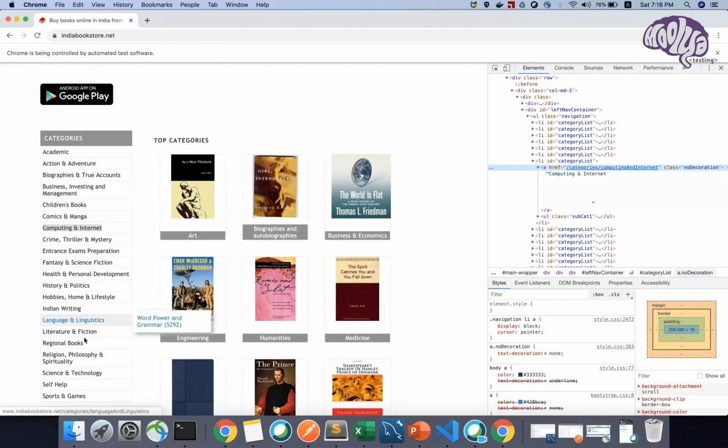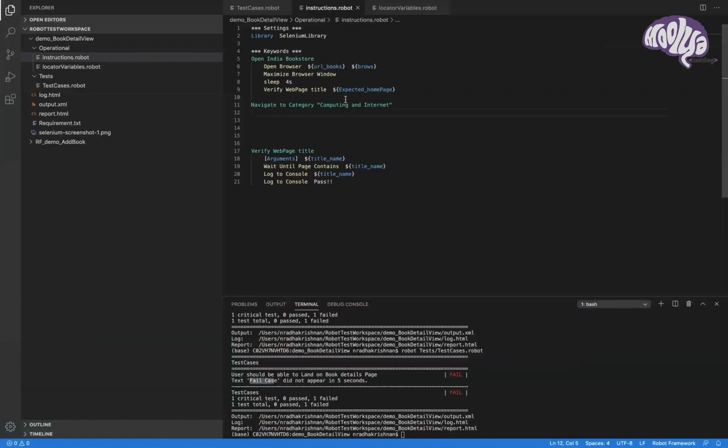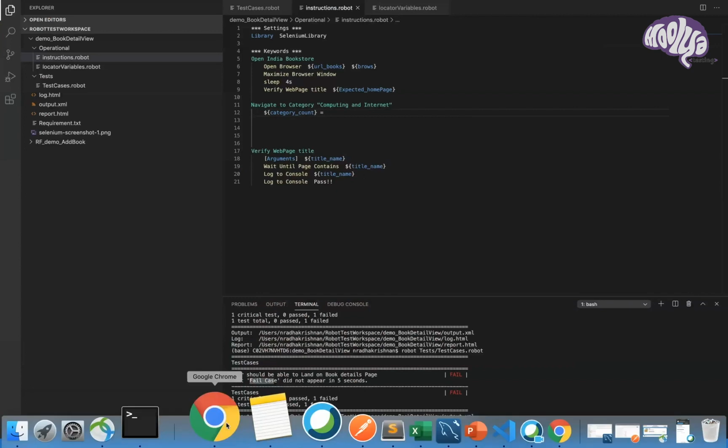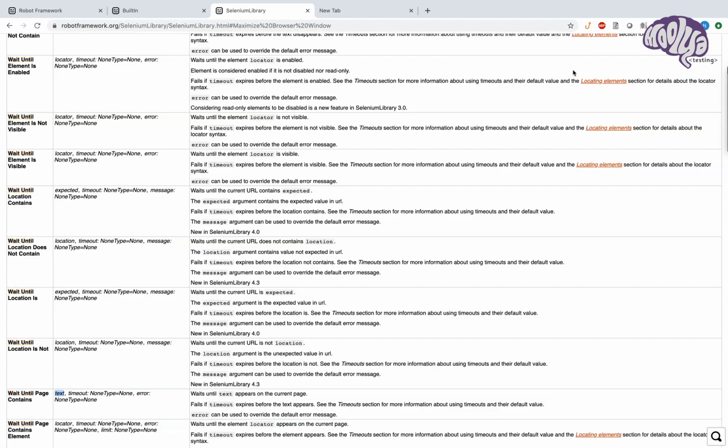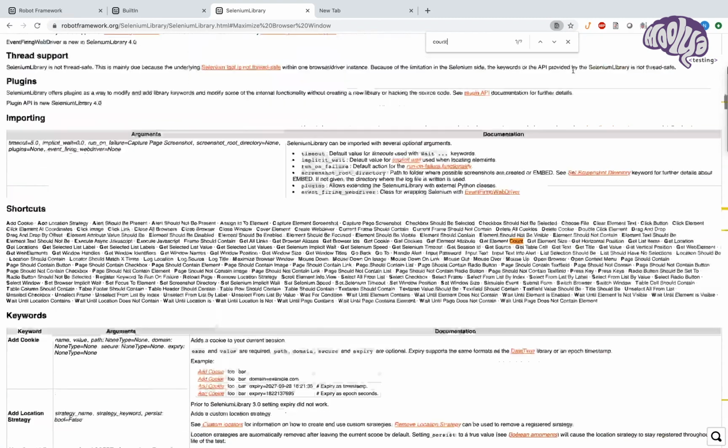So for that, I'm going to say category count. To get the count, let me see if there is any command for this, element count. Get element count.